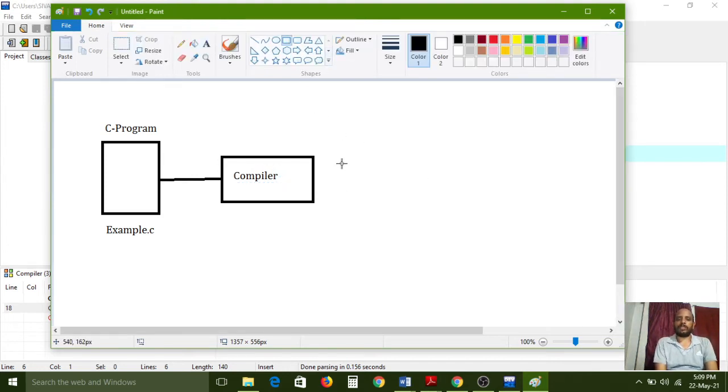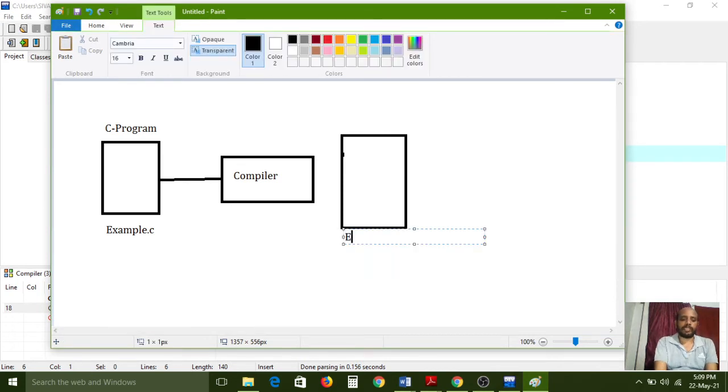After compilation is over, the compiler will generate one example.backup file. It will generate that first.